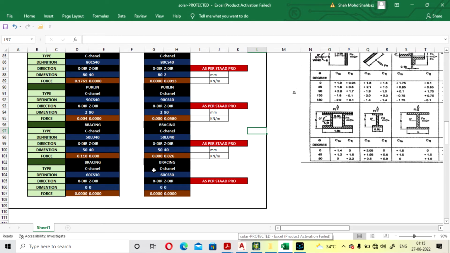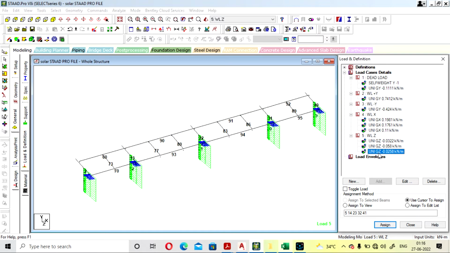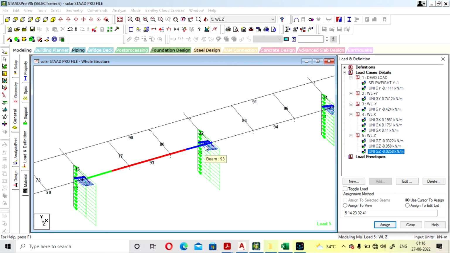So we have taken the bracing for 4 values. In our another project there were different bracings provided from both the sides. Here it is one, we have to take the value from this. If you provide more bracing, you can insert this value here and you can get the value. Okay, so our bracing is 40 by 50, so our force is coming as 0.026. Here we applied 0.0258, so that is also correct, and we have applied the force on bracing. Okay,